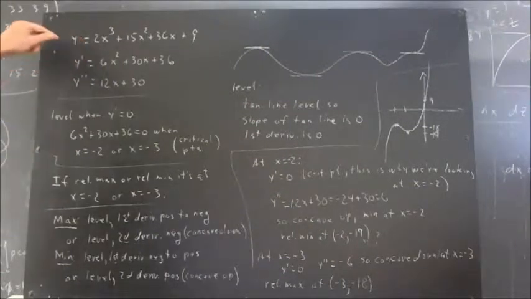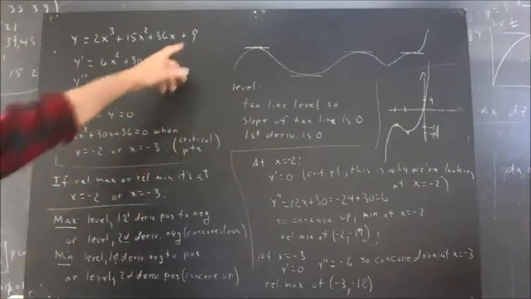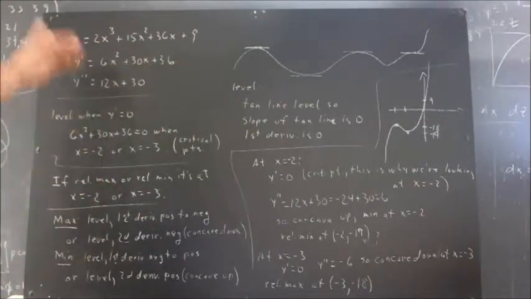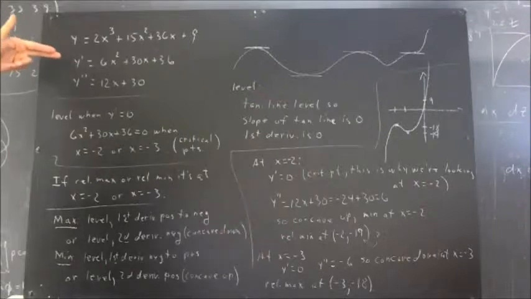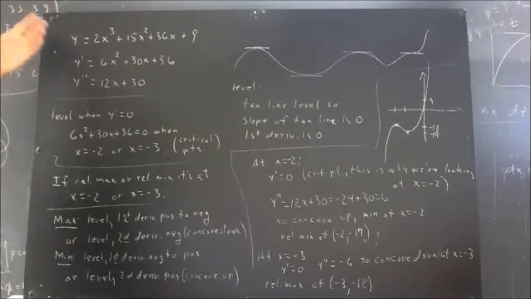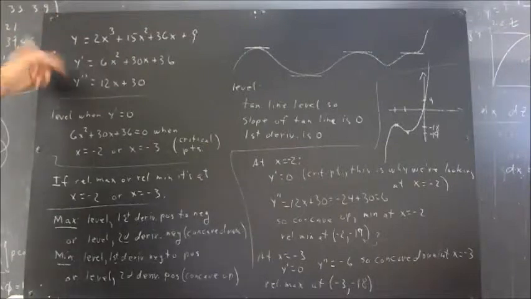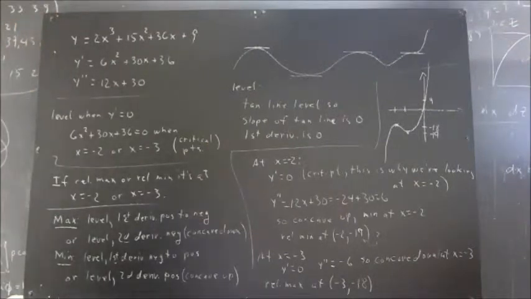We want to graph the function y equals 2x cubed plus 15x squared plus 3x plus 9. To graph it, we're first going to just take the information we can get from the first and second derivative. So first calculate those derivatives and then see how we can use that information. By now you should know that the first and second derivatives give us a lot of good information about a graph. So first derivative,